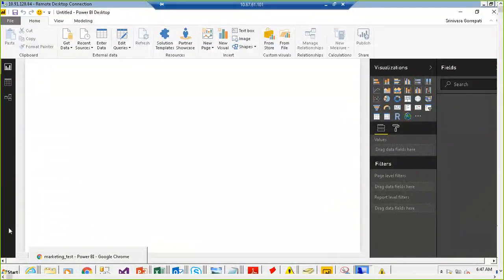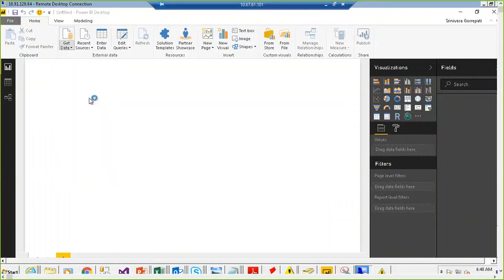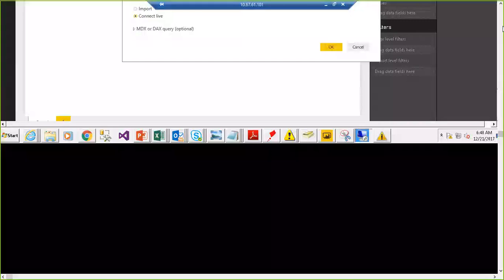Whenever you are working with SSAS, there is an Analysis Services option. At that time you need to provide the server name, and a connect live option is there by default. So you need to specify